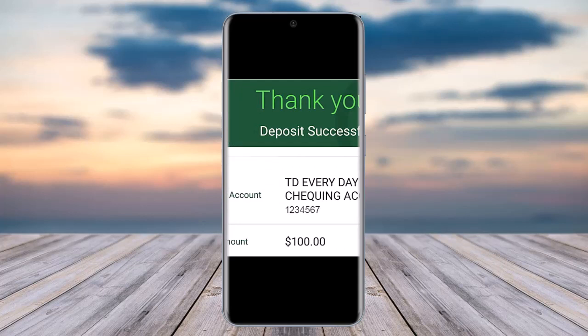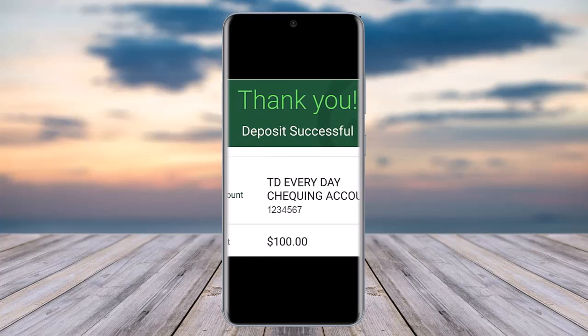you will be able to see this kind of interface when you have successfully deposited your check right there on your app. So make sure to follow all of the steps accordingly and you will be done. So this is it,